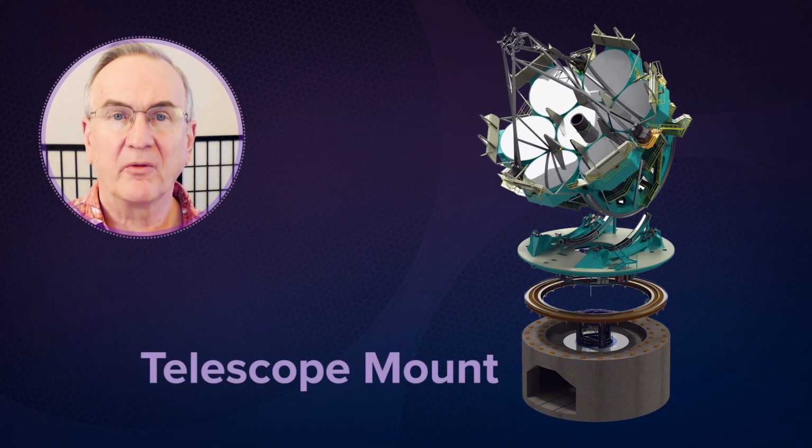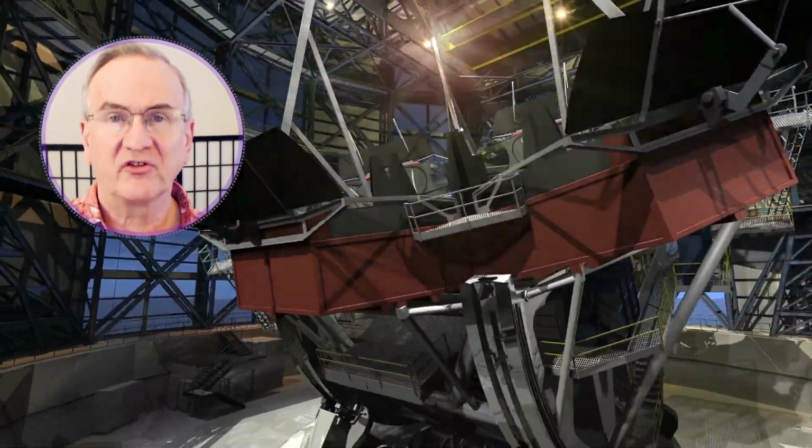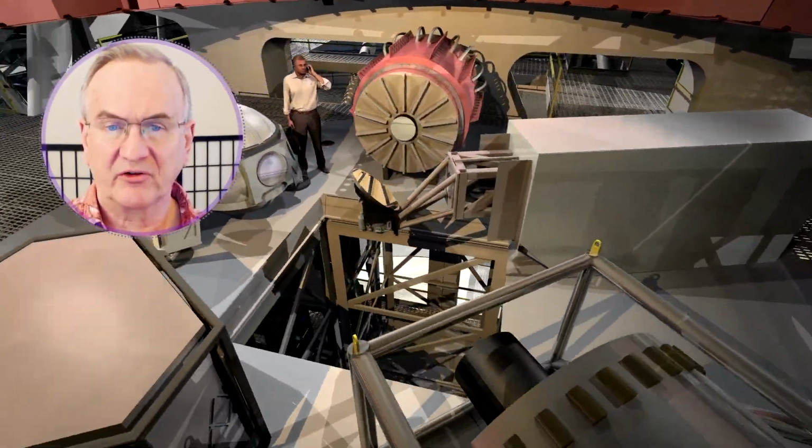Hello, I've been asked to explain what is meant by the term telescope mount. We all understand that a telescope is a device that studies faraway objects, and when we look through an optical telescope with an eyepiece, that faraway object looks much closer. But most people don't know that astronomers and engineers use certain terms to label specific parts of the telescope, such as the optics, which consists of the mirrors and the lenses, the instruments, such as a camera or spectrograph, and